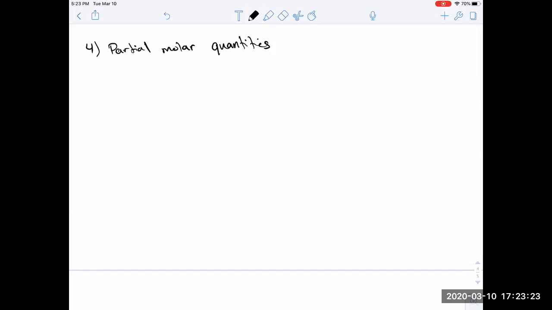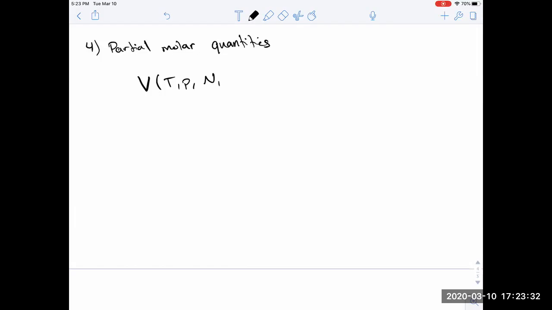I could imagine looking at the volume of some system, which might depend on the temperature, the pressure, the number of components, say N1, and the number of type 2 species. Now, the N's are extensive, and if I double both N's at fixed T and P, I should double the volume. So this volume is a homogeneous function